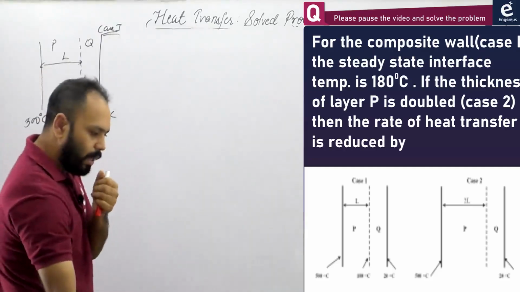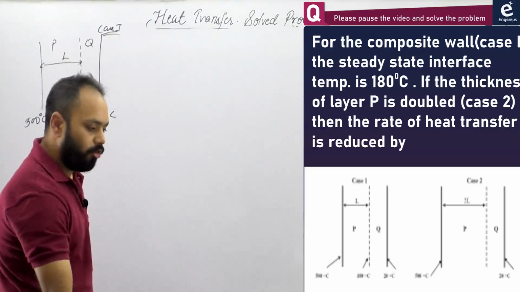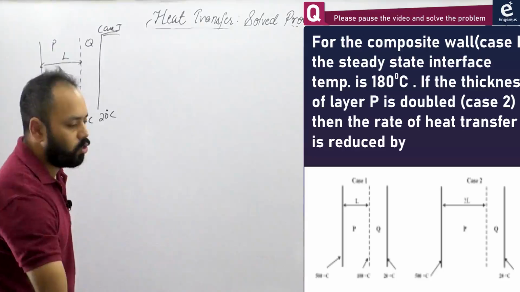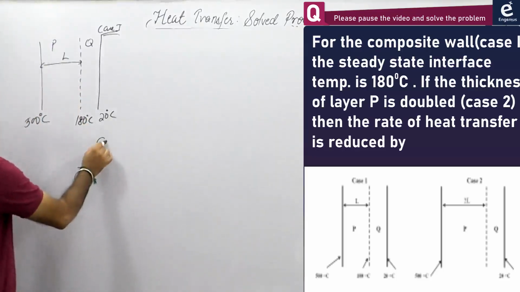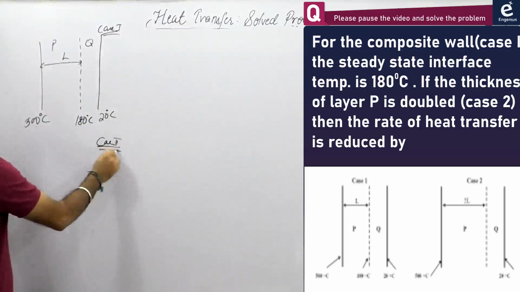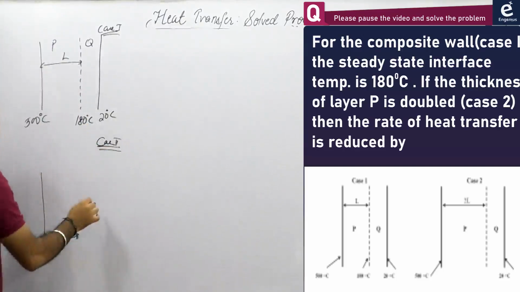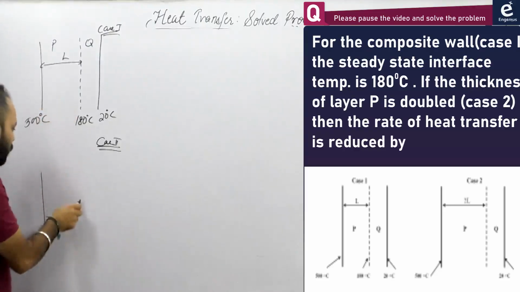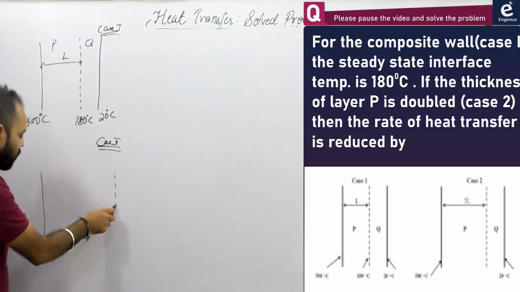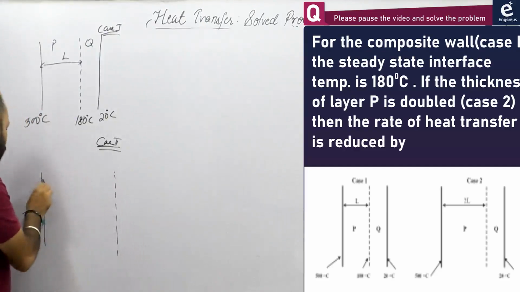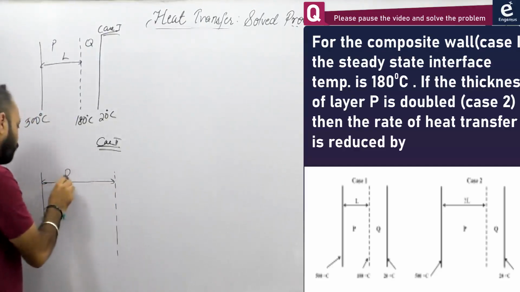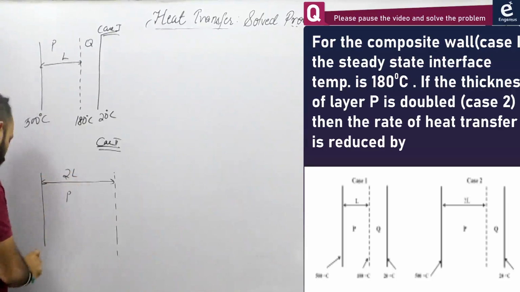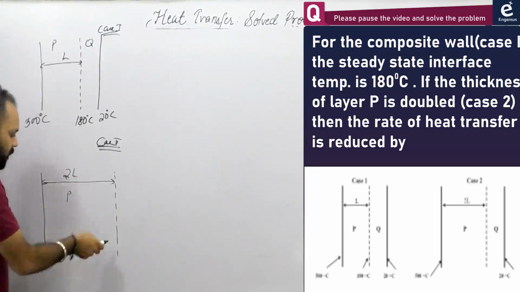What they are saying that in case 2, if the thickness of layer P is doubled, then the rate of heat transfer is reduced by। इन्होंने कहा कि केस 2 में क्या करेंगे हम, in case 2 we will double the thickness of layer P keeping the terminal temperature same। ये लेयर P की जो थिकनेस है वो डबल कर देंगे, तो थोड़ा सा डबल सा बना भी देते हैं। सो नाउ द लेंथ विल बी 2L, दिस इज लेयर P।